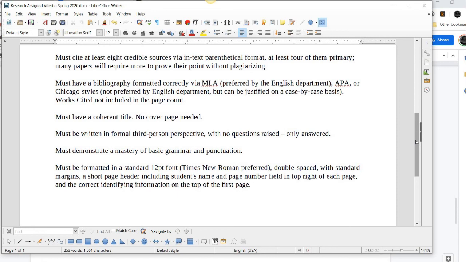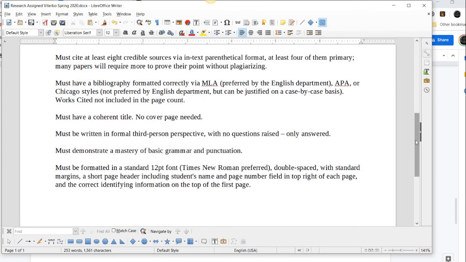That said, if you know in your career that you're going to use APA, American Psychological Association, or Chicago style, which I said is business and legal and history, or if you know you're going to use American Medical Association, AMA, or slightly modified, like I know dietitians use modified AMA, I can justify with you on a case-by-case basis not writing in MLA. If you at this point want to shift into the writing style of your career field,